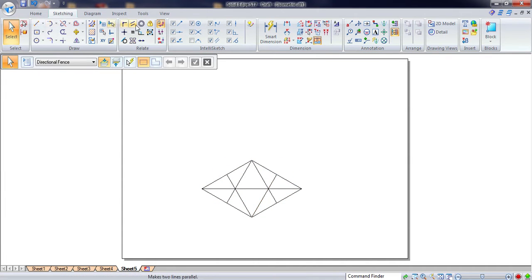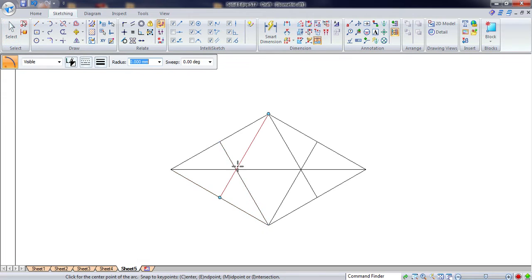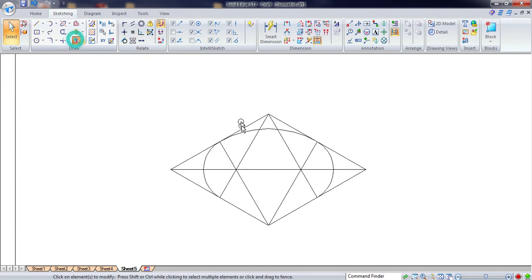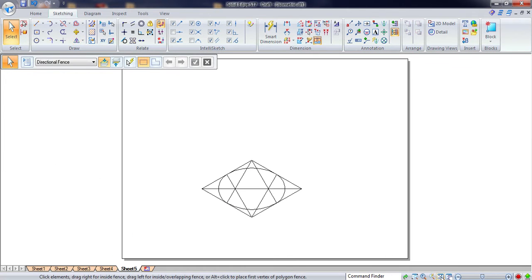Now go for the arc by center point. Zoom the area, this will be the center, this will be the radius, and it has to extend up to this point. Similarly again center, so this will be the radius, it has to connect up to this point, again center, this will be the radius, it has to connect up to this point. And for the other one, you can just mirror the arc whatever you have drawn. So this is the base of the cone that I have drawn.